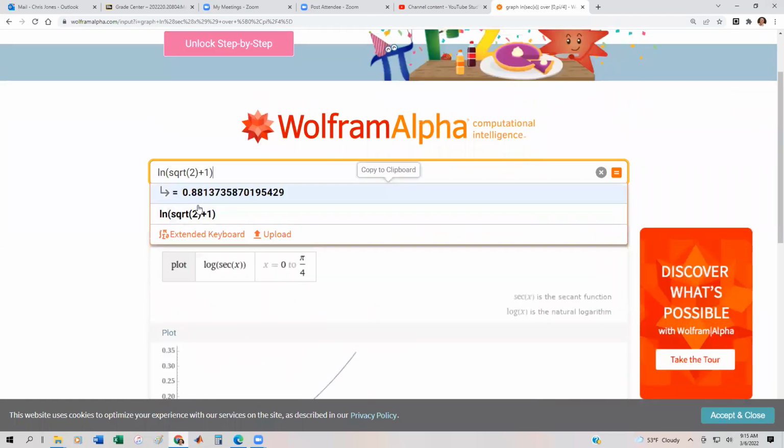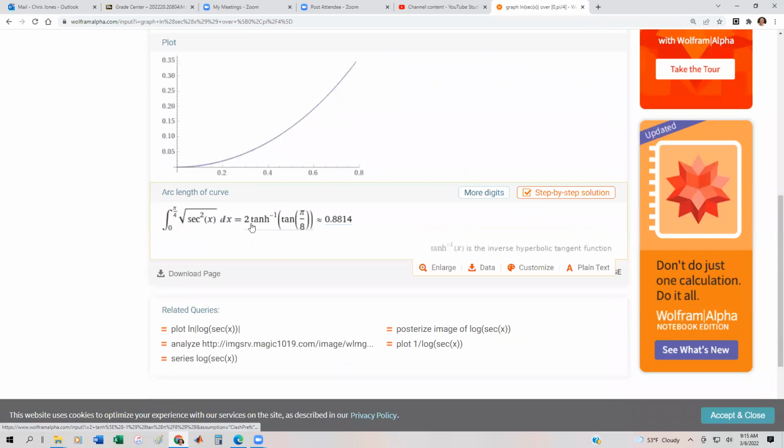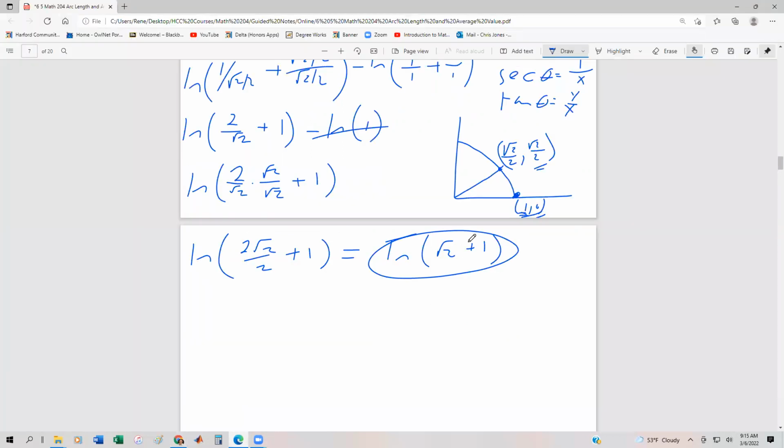So these two expressions are mathematically equivalent. The 2 inverse hyperbolic tangent of tan pi eighths is equivalent to natural log of root 2 plus 1. This is a much nicer answer. And again, that's the danger of using your computer algebra system sometimes: sometimes they'll give you a nice answer, sometimes they won't. All right, so another example in the next video of our